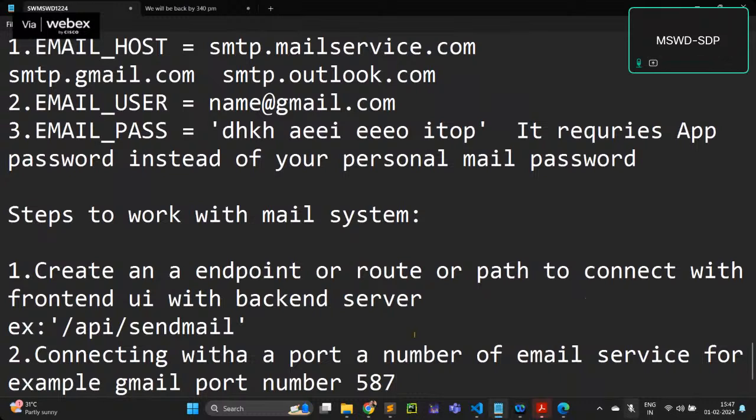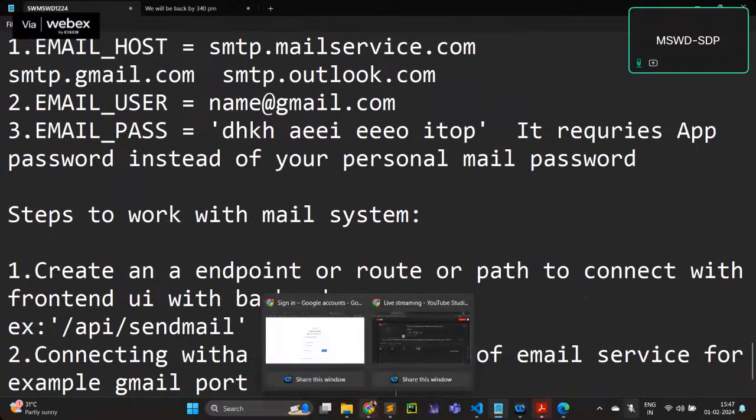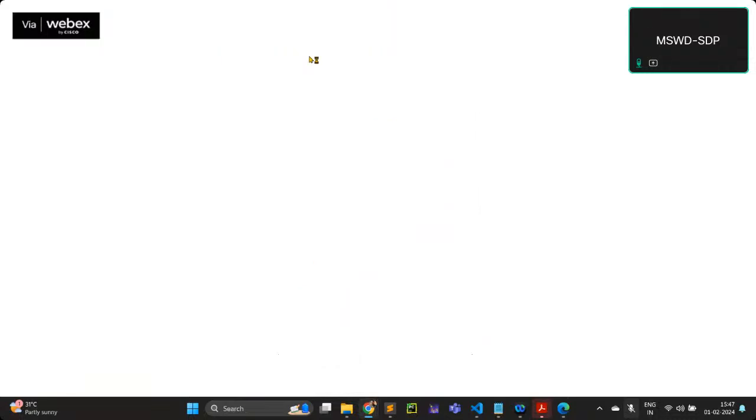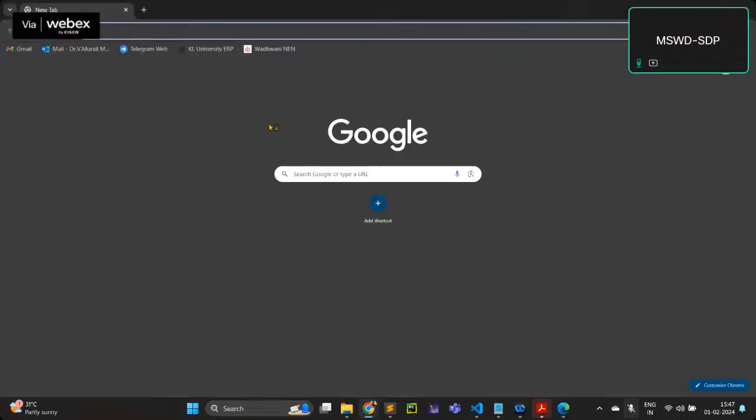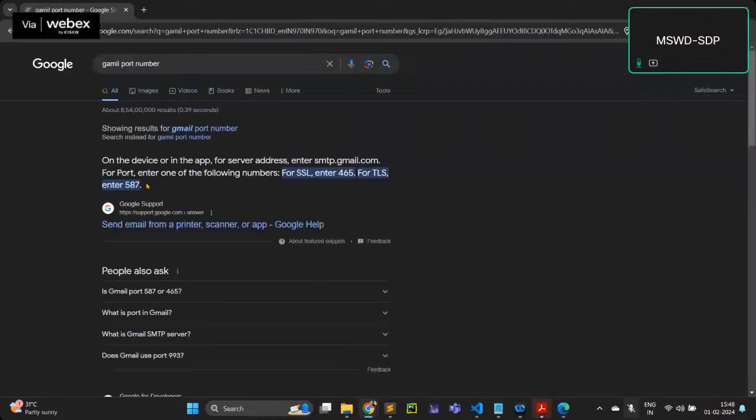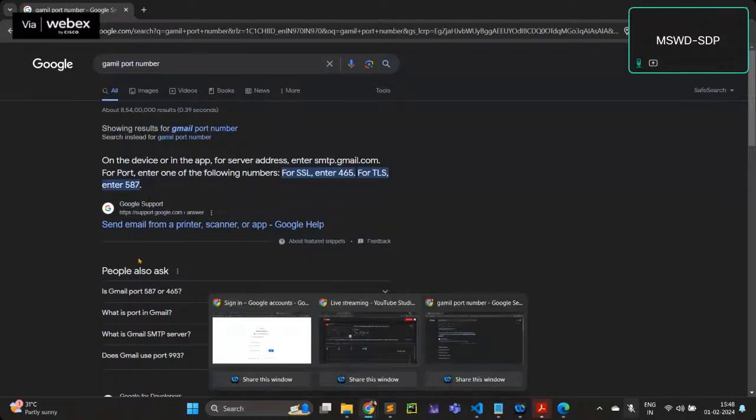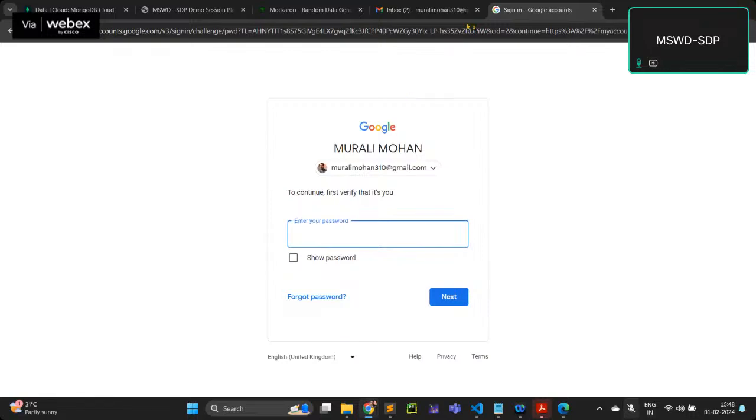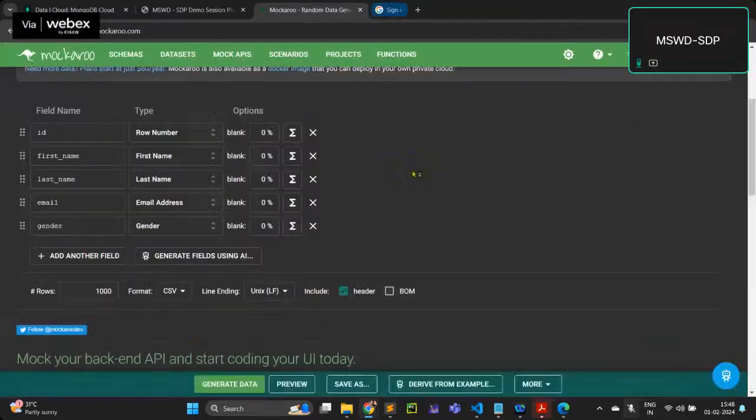So let's move to the browser and type Gmail port number and hit enter. Then you can see the port number can be either 587 or some other numbers, right? So you can use that port number. Very, very important. Next step, very important step is